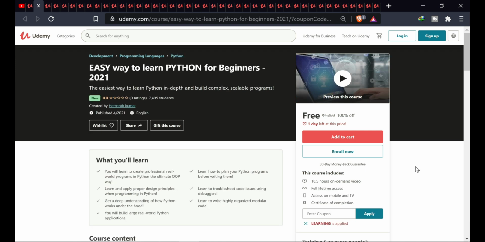The next course is Easy Way to Learn Python for Beginners 2021. In this course, you will learn professional real-world programming in Python, the ultimate OOP way, learn how to plan your Python program before writing it, learn and apply proper design principles when programming in Python, learn to troubleshoot code issues using a debugger, get a deep understanding of how Python works under the hood, learn to write highly organized modular code.